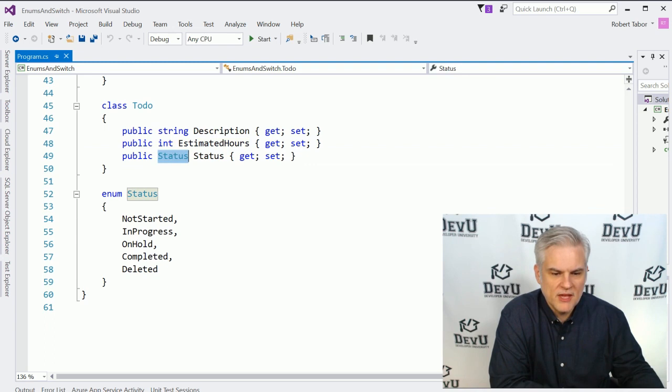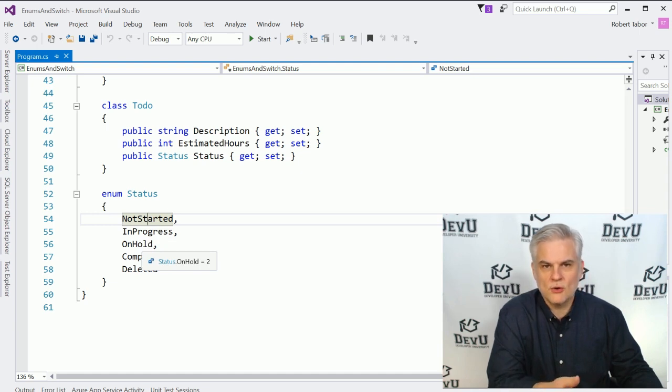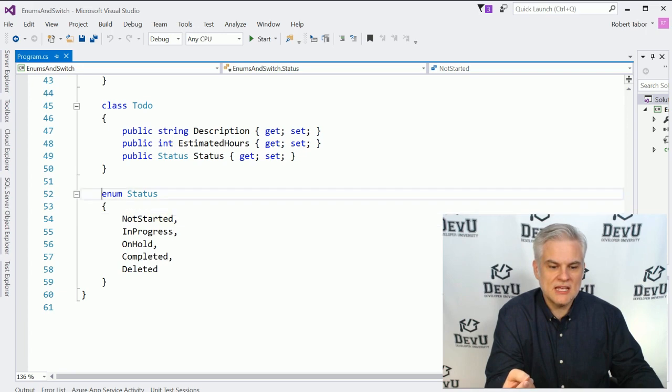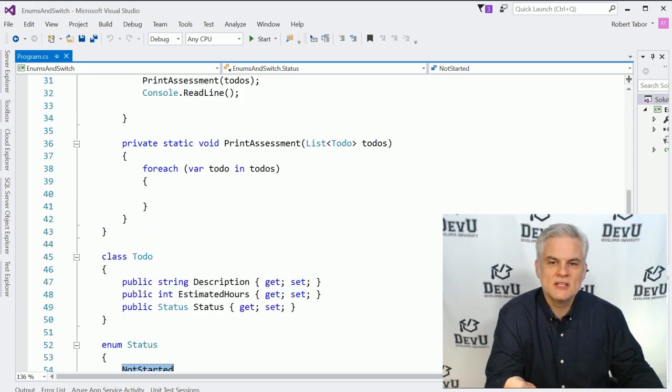Where does this come from? Well, you can see directly below I've created an enumeration called status. And I have not started, in progress, on hold, completed, and deleted. Did you notice as I hovered my mouse cursor over it that each of these values are given a numeric value? So not started equals 0, in progress equals 1, on hold equals 2, and so on. If we were to store these values somehow in a database or a text file, those are the values that might actually get stored. However, they will be translated into this more textual format